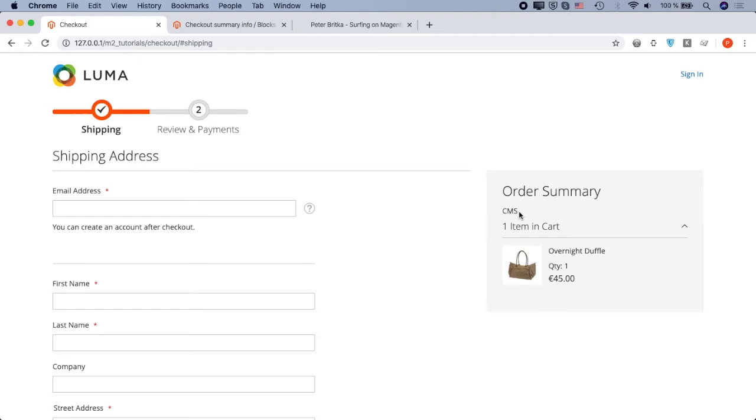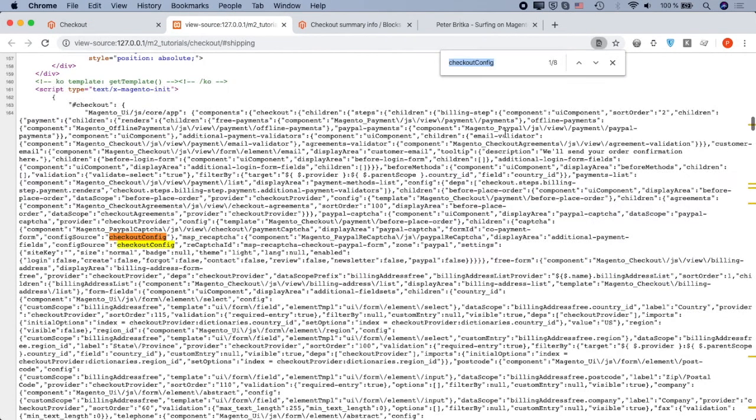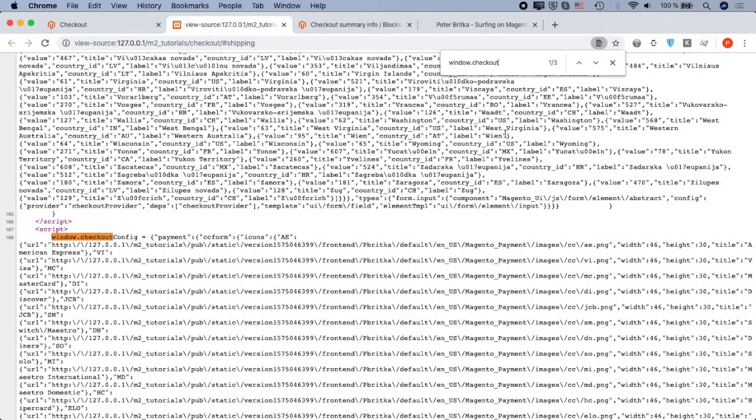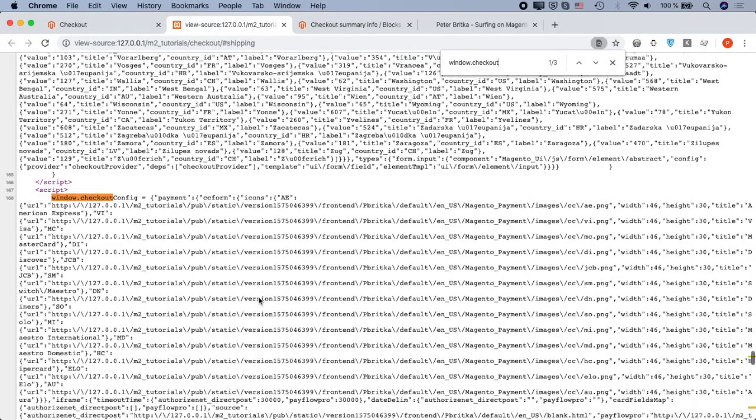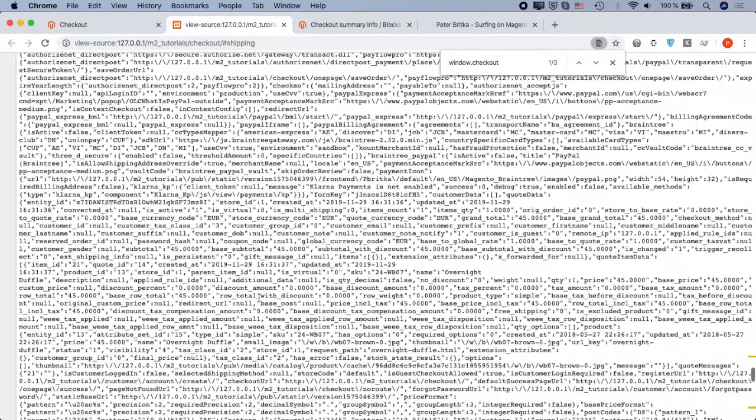And now you'll see that the text is here. Okay, now it's time to do some magic and show you how we can insert the content of the block here. First of all, let's explore the source code of this page. There is a variable called window.checkoutConfig, which is a huge JSON of all the components that make our checkout application, and we need to add